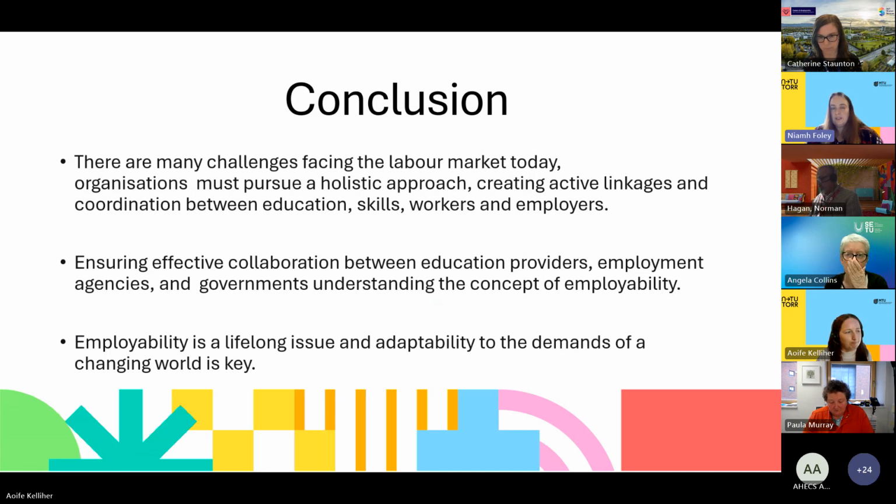And again, there needs to be increased flexibility and ownership at programme levels as well, to ensure that employability is a feature of learning and teaching, and that we're engaging students, but we're also engaging industry. And we're finding that systematic approach and that unified approach at our institutional and organisational levels.